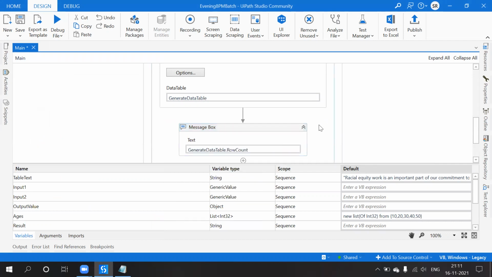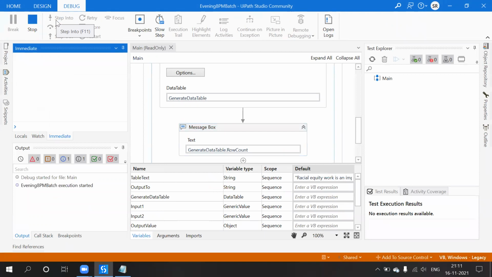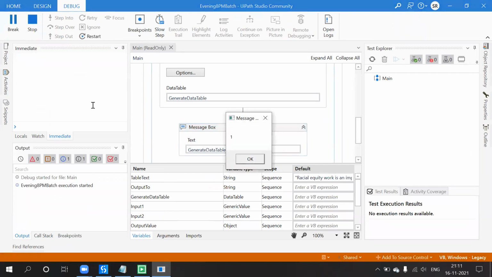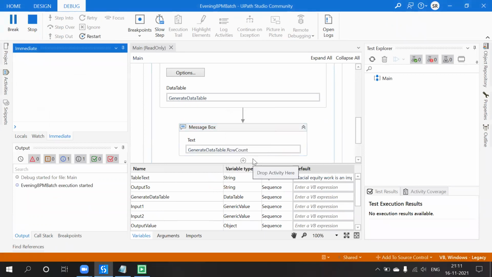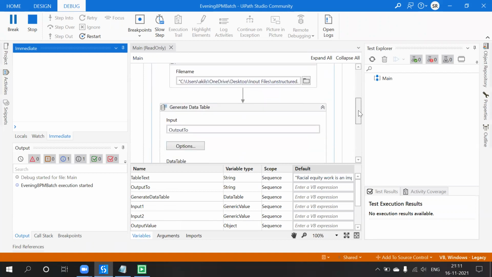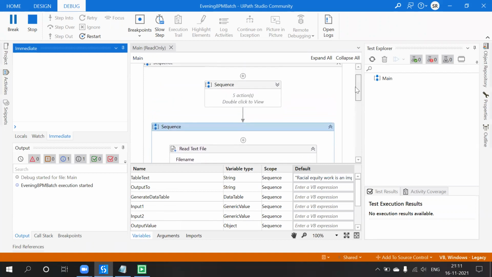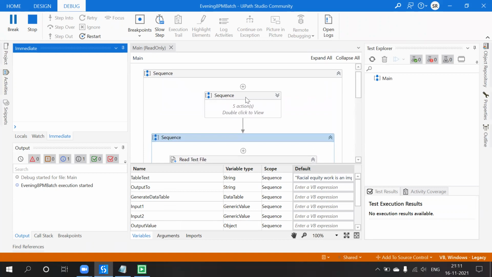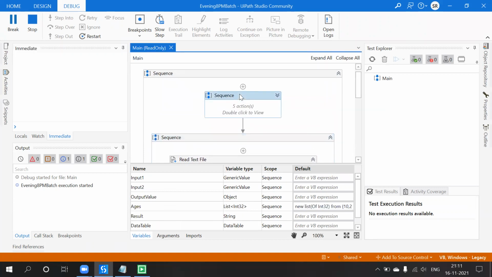We'll see whether we have read the data or not. Oh God, I forgot, I thought that I wanted to comment it.